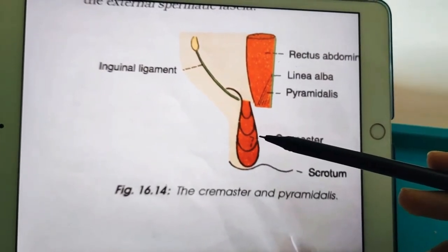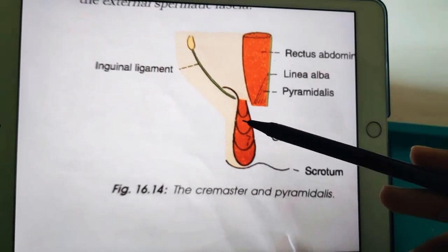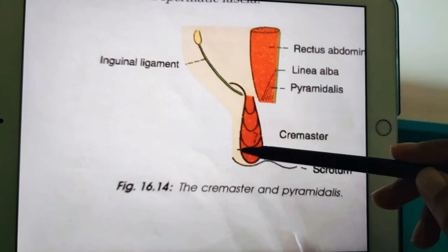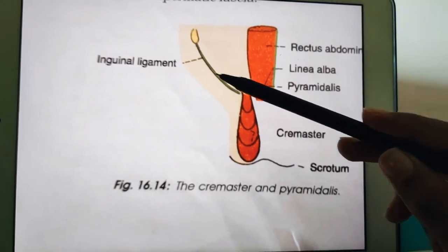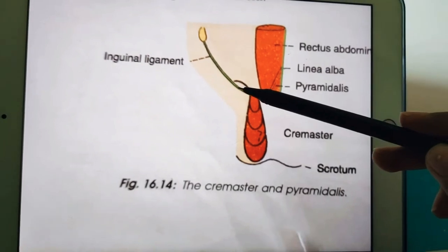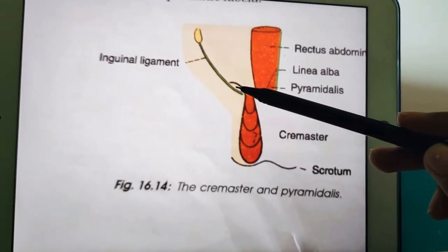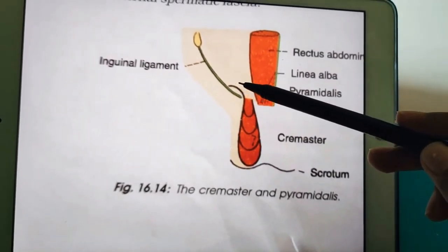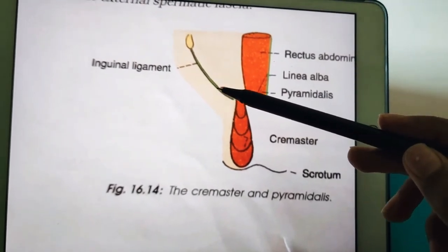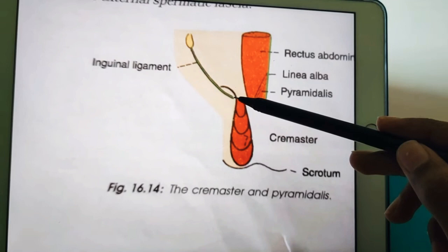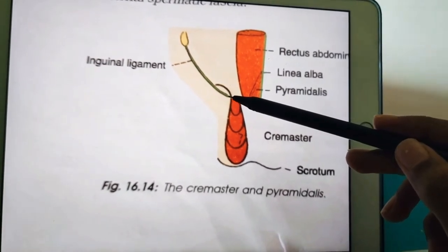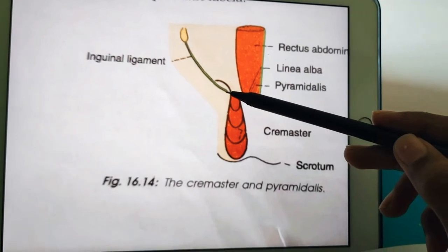The fasciculi form loops that are attached laterally to the inguinal ligament. You can see that loop going and attaching to the inguinal ligament. Here this is the inguinal ligament. And here some fibers may be continuous with internal oblique or transverse muscles. The medial ends of the loops are attached to the pubic tubercle here, and also to the pubic crest or conjoint tendon over here.